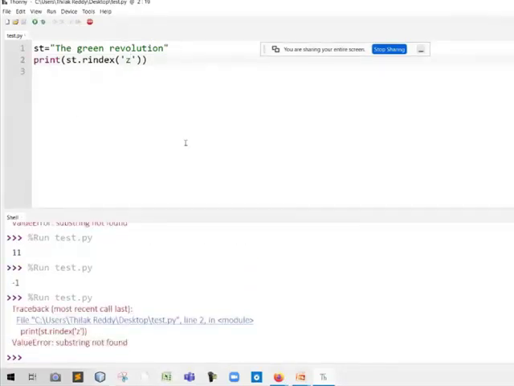For example, here the character is E and the starting index is 0, but the ending index is 6. What will be the output?